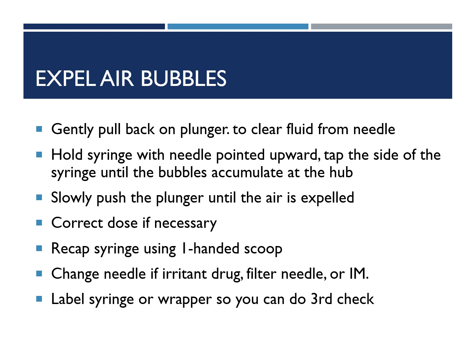When we draw up medication, it's kind of inevitable that we're going to get some sort of air in that syringe. The best way to get rid of these air bubbles is by pulling back on the plunger to get all the fluid out of that needle. So we're actually going to pull down on that plunger and get some more air in that syringe. Then we're going to hold the syringe with the needle pointed up, and we're going to gently tap on the side of the syringe until those bubbles accumulate at the top. I personally use a pen for this because when I flick it with my finger, it makes my finger hurt.